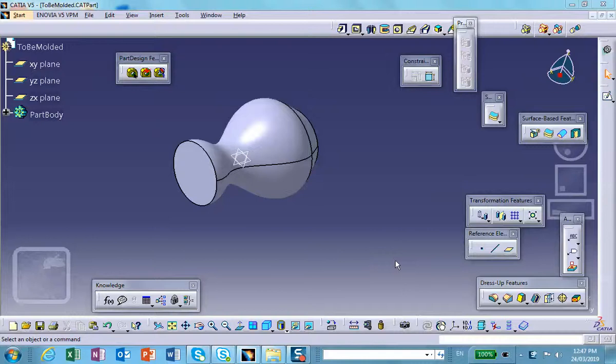Folks, I would like to make a series of tutorials which deal with the concept of Boolean operations. The first video tutorial, which is the one that you're watching, is a rationale behind why we need Boolean operation in the first place, and why it is that sometimes we make bodies in our